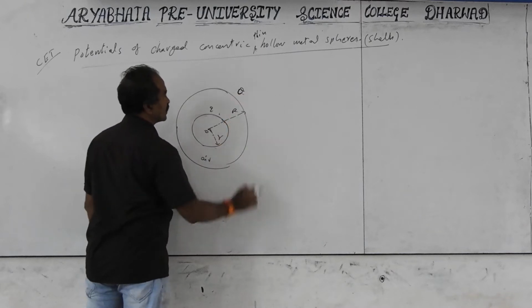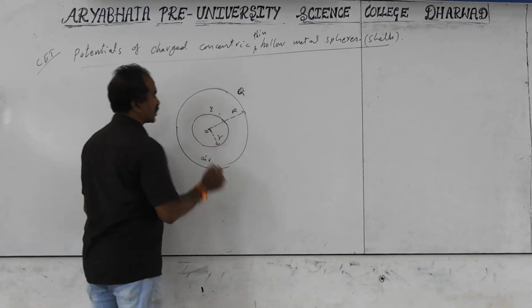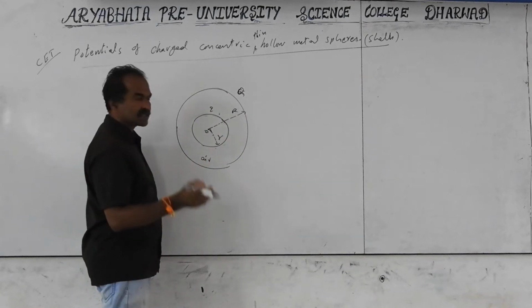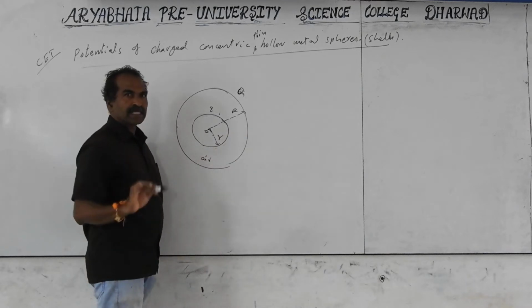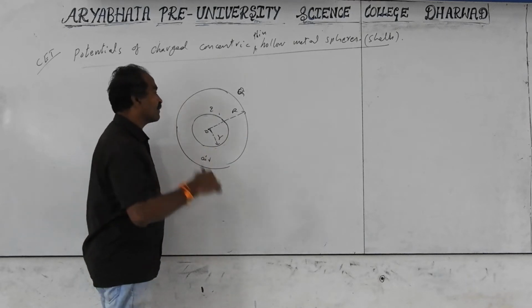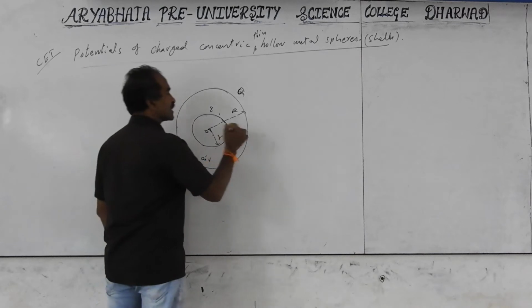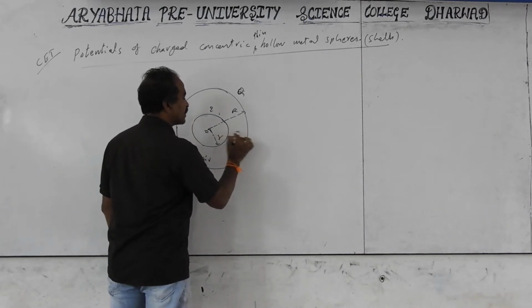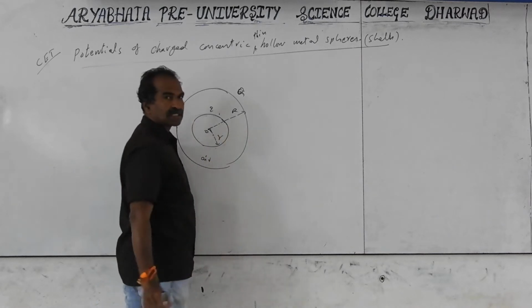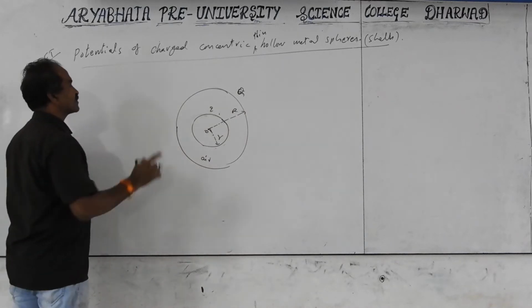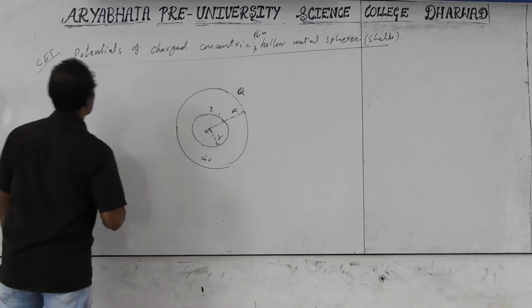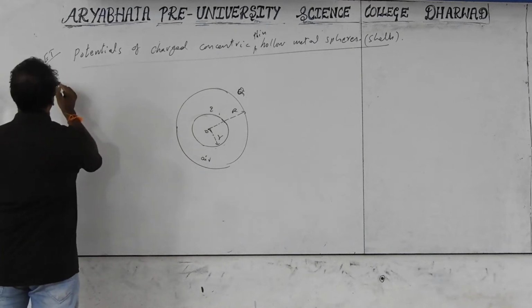In these two parts, one is the potentials on the inner surface and outer surface, and the difference we have to find. Potential difference between the two surfaces, that is one thing. The second thing is what happens to the charges on the inner surface and outer surface if they are connected with a metal wire. What are the charges that we have to find? These two points are important for this case, and for the complex ones also, for PG exam problems. So we take the points.